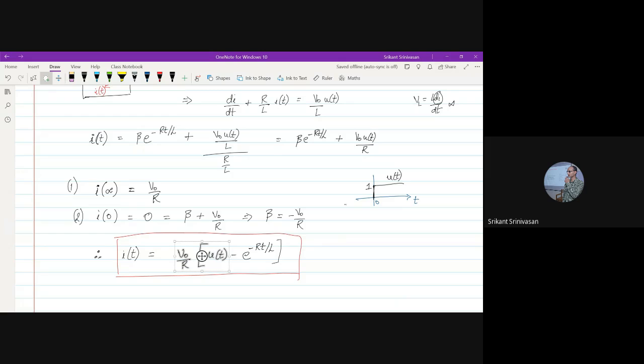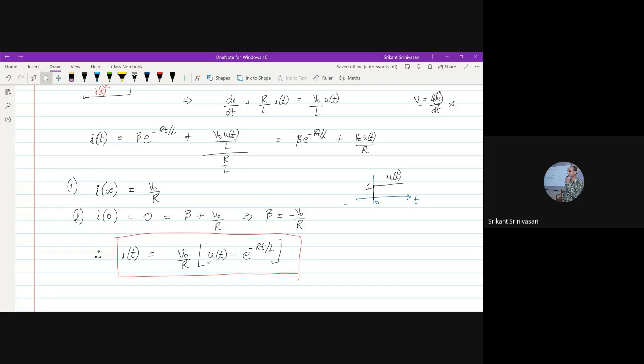The response of the system in response to the forcing function. And this exponential term is the natural response. It is a function of time. I initially changed the voltage level, and in response to that, there is a gradual change. At t equal to 0, what is the value of this? This is equal to 1. At t equal to 0, the step function is also 1. It is defined as 1 for t greater than or equal to 0. So at t equal to 0, this term becomes 1 minus 1 is 0. So at t equal to 0, I of 0 is 0. That we already proved. So initially there can be no flow of current.